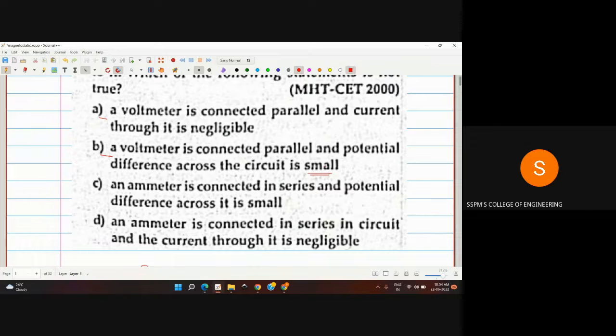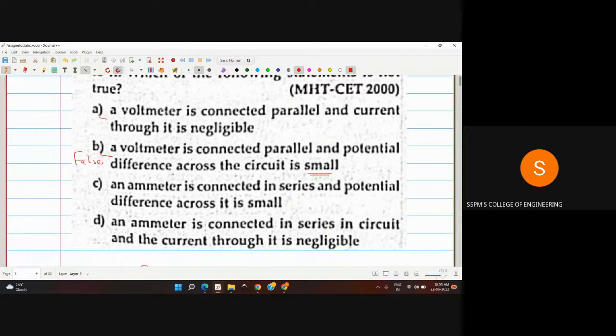What is the aim of connecting a voltmeter? The aim of connecting a voltmeter is to measure the voltage. So here the statement is given: the potential difference across the circuit is small. It should not be small. Whatever the voltage appears across the R, that much should be read by the voltmeter. So statement B is false. Option B is false,